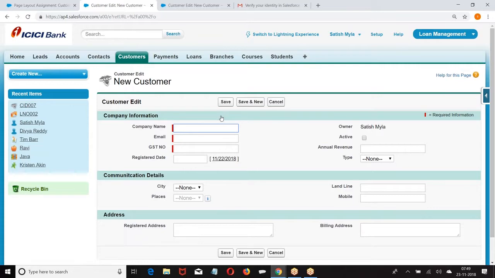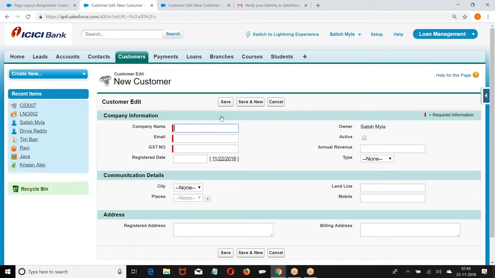Now for a person there is a different page layout. For a business there is a different page layout. Are you getting my point? Clear? Right? Okay. So what we are doing for a profile, we are assigning only one. I told only system administrator can create companies. Rest all the profiles can create only customer. Then what I will do? For everybody, I will create only person layout. For system administrator, I will create business layout. I told in the company only system administrator can create, or else in the company only HR operation people can create company registrations. Rest all the people can create only customer, a particular individual, right?